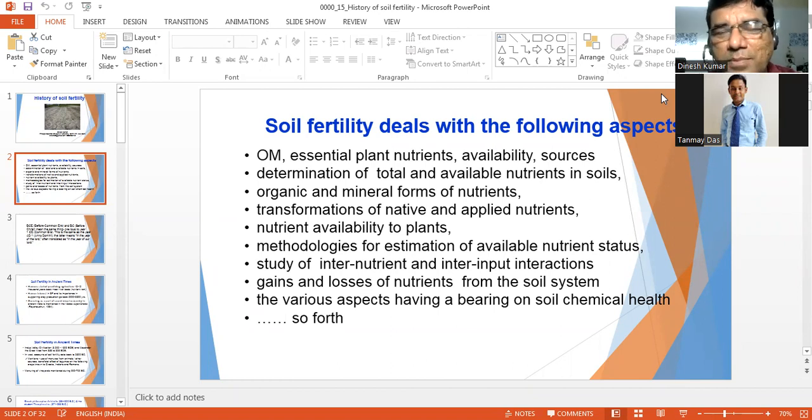Now new things are coming: soil quality, soil health, soil resistance, soil sustainability. So much is there, even up to the soil health card in India. This is also part of soil fertility. If you see in detail why these soil health cards are issued and why we talk about them, they will also become part of history shortly. So the area is very broad,